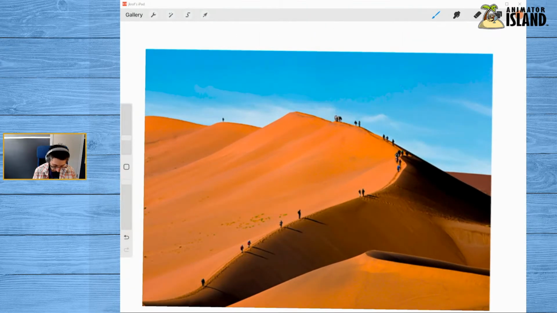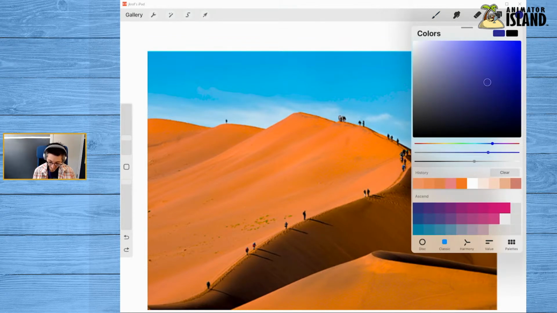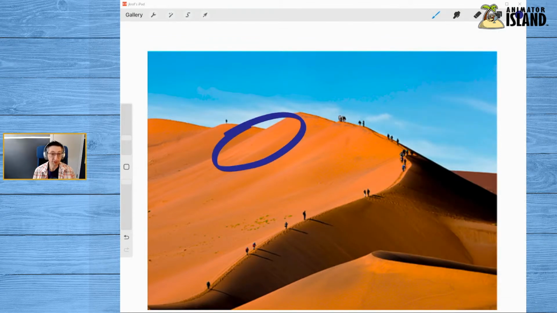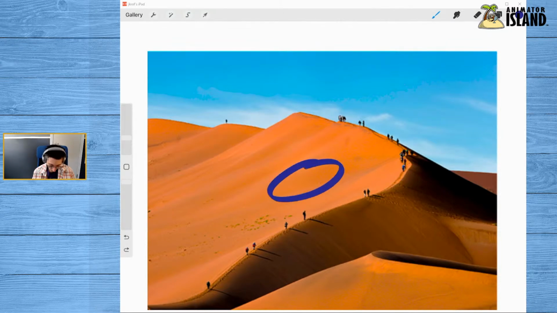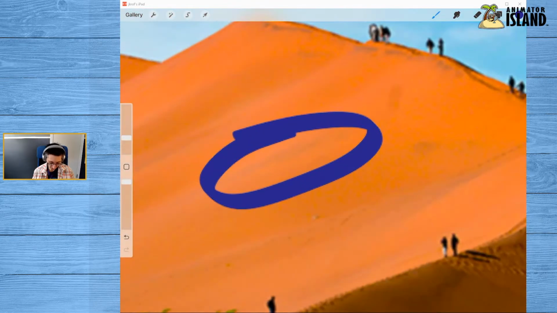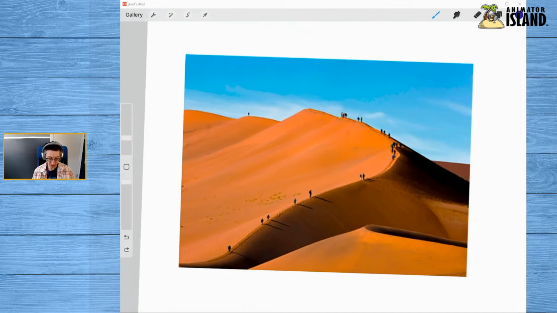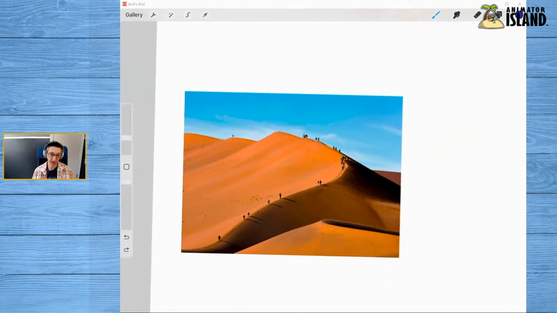So for example, in this area, well, let me change to not sand colored. In this area we have kind of this peachy, pinkish color, whereas down here we have a much more orange, this burnt orange kind of color. And that's not even talking about the shadows. This is just within the actual piece itself. Then if you look right here, we have almost this purple color. If we zoom in, we have this deep grayish purple color. And so there's a lot of different colors in this one image.